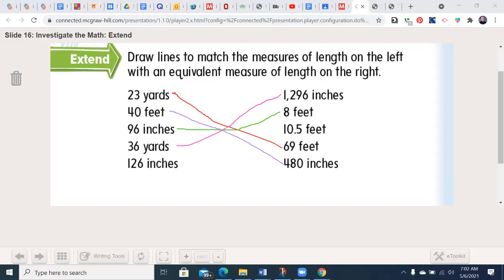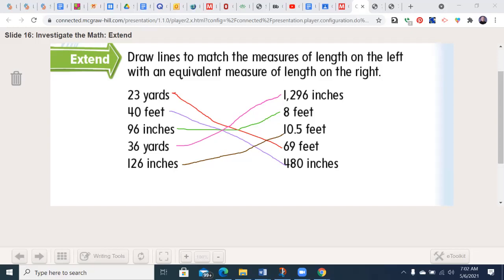And no, I did not have that number in my head. I simply just took it from what was left here. And 126 inches, 126 divided by 12 is going to be 10, remainder 6, which is 10.5 feet. Now I'm able to do this pretty quickly. You are going to probably take a little more time. It's just natural. I have a couple extra centuries of time with it than you may have here in